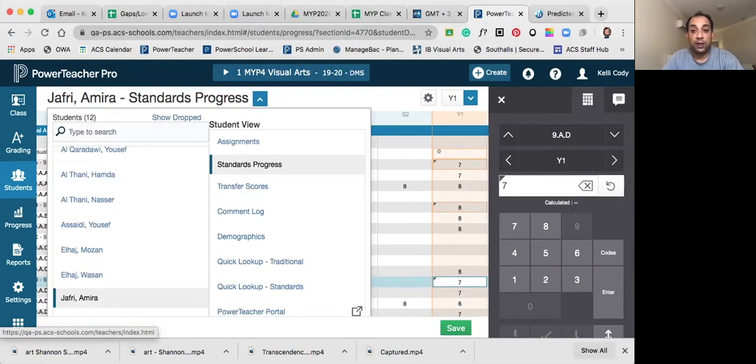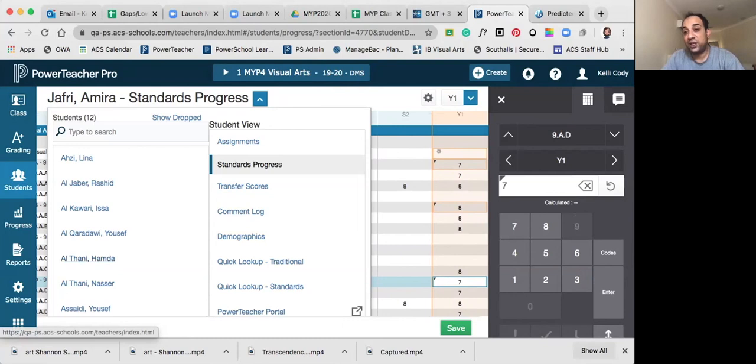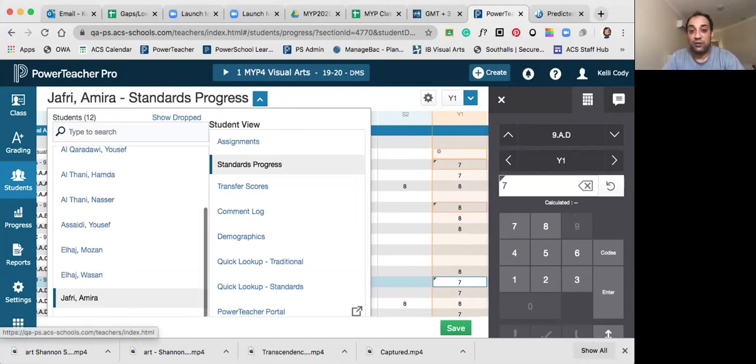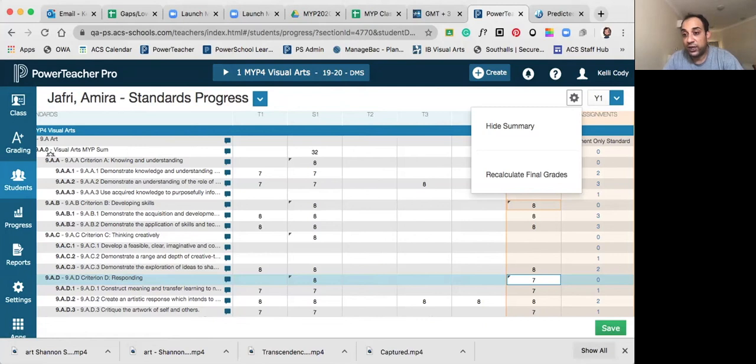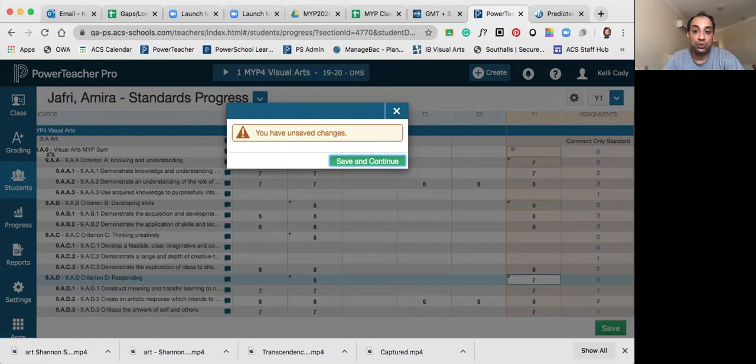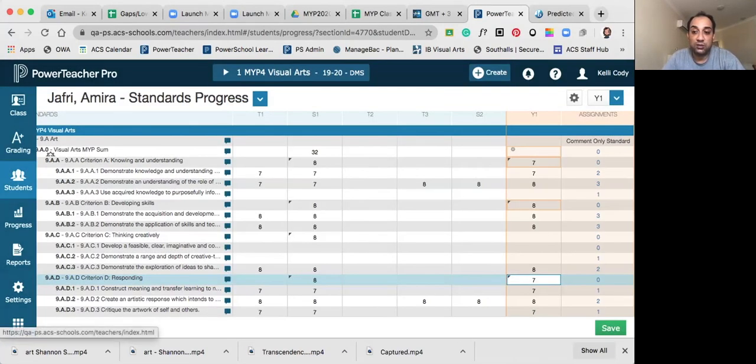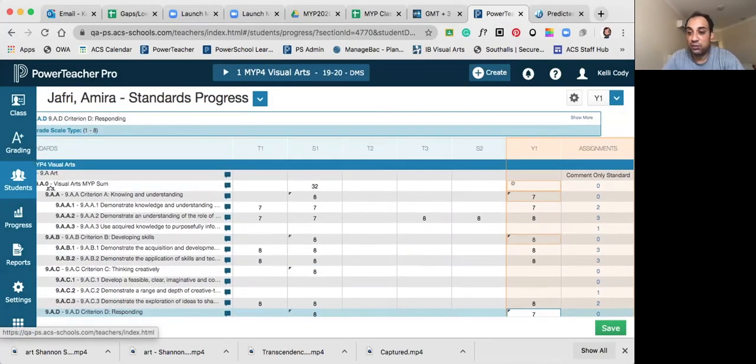So the most important thing is that you have to recalculate your year 1 scores for your classes. If you don't do that, obviously you won't have anything. And recalculation, Miss Kelly has shown, is that you have to select Y1, and then you click on that flower icon, and you go to recalculate final grade, and there you have to pick and choose the right options that we've seen in this video, and that's pretty much everything.